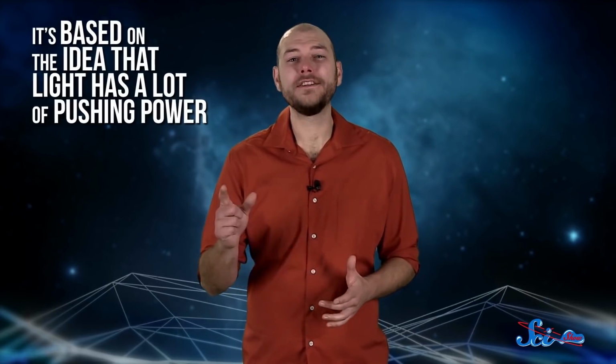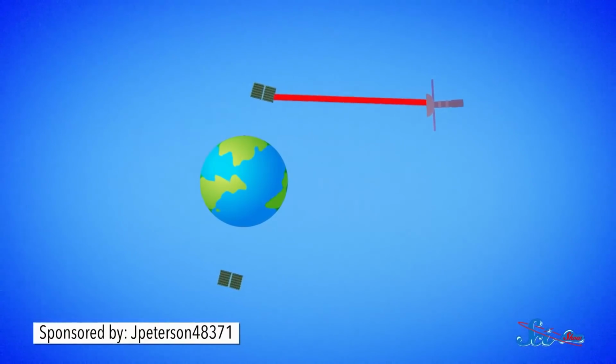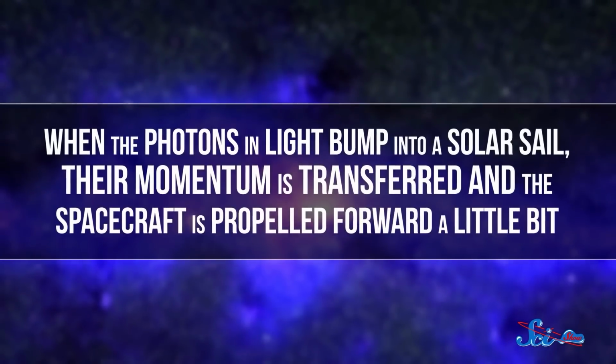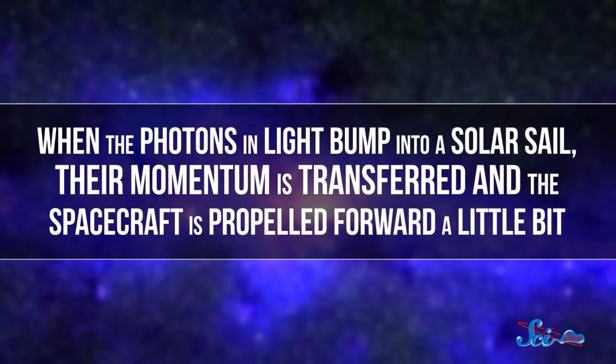It's based on the idea that light has a lot of pushing power, which comes from its momentum. We might not feel that push from just walking around on Earth, but a giant reflector screen in space does feel it. That's the science behind solar sails, and we've already built spaceships that use them. When the photons in light bump into a solar sail, their momentum is transferred, and the spacecraft is propelled forward a little bit. DSTAR's lasers would provide lots of light that we could use to take the solar sails concept one step further, and start building spacecraft that use